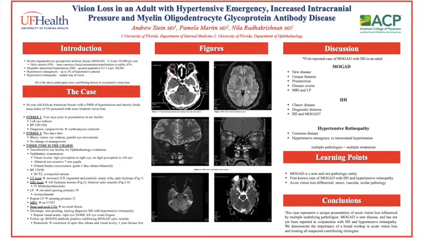MRI frequently shows enhancement of the anterior optic nerve and sheath and adjacent orbital fat, and CSF findings can include pleocytosis and raised protein. IIH is classically found in overweight females in their 4th decade of life. It is characterized by increased ICP of at least 25 mmHg with unknown cause in the absence of space-occupying lesion, venous thrombosis, or meningeal disease. A recent study of 34 patients with IIH found no evidence of MOGAD or aquaporin 4 antibodies.